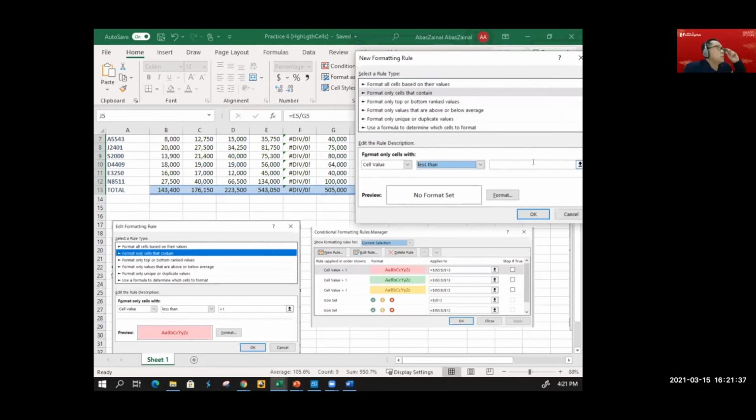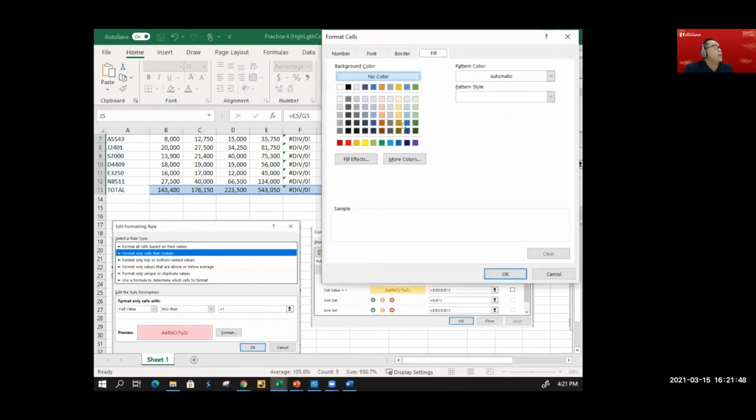So far so good. Once you've done this, click the format button, select the desired color, and once you've done that, click OK.